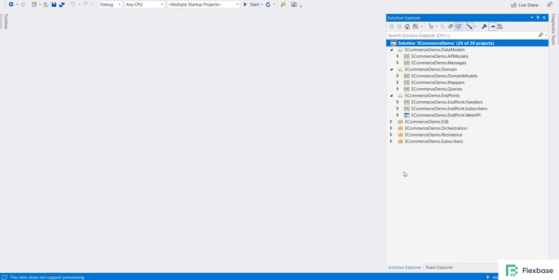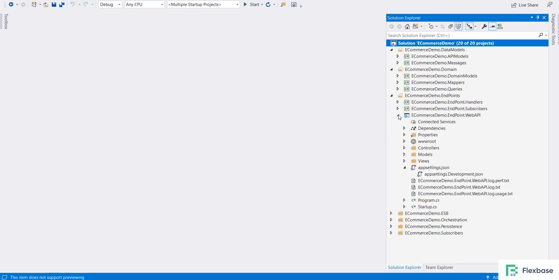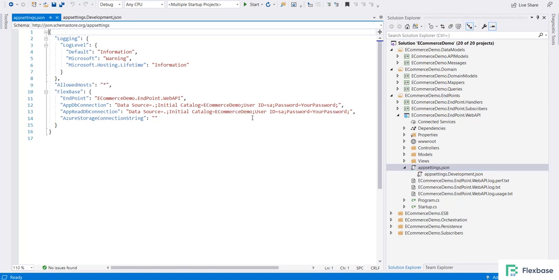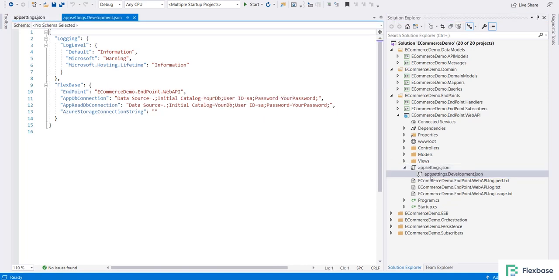The second thing that we need to do is check appsetting.developer.json. You have your DB and connections proper. Since it is going to take your development settings, let me make sure the connection string is okay, database name is okay, username, password.